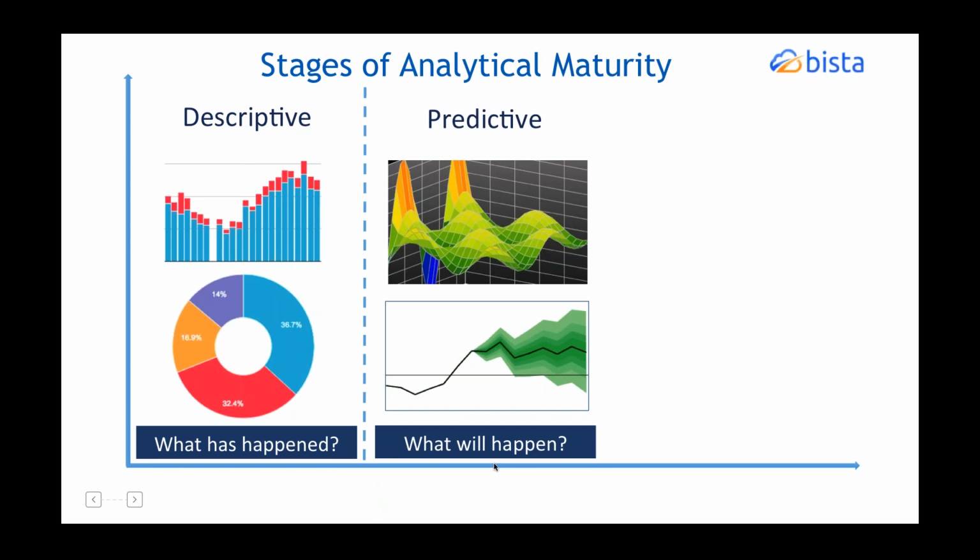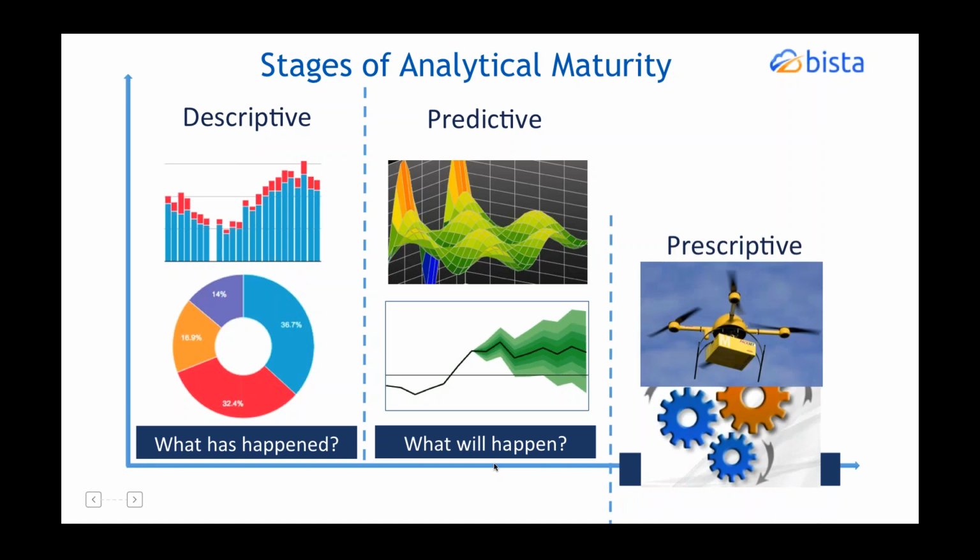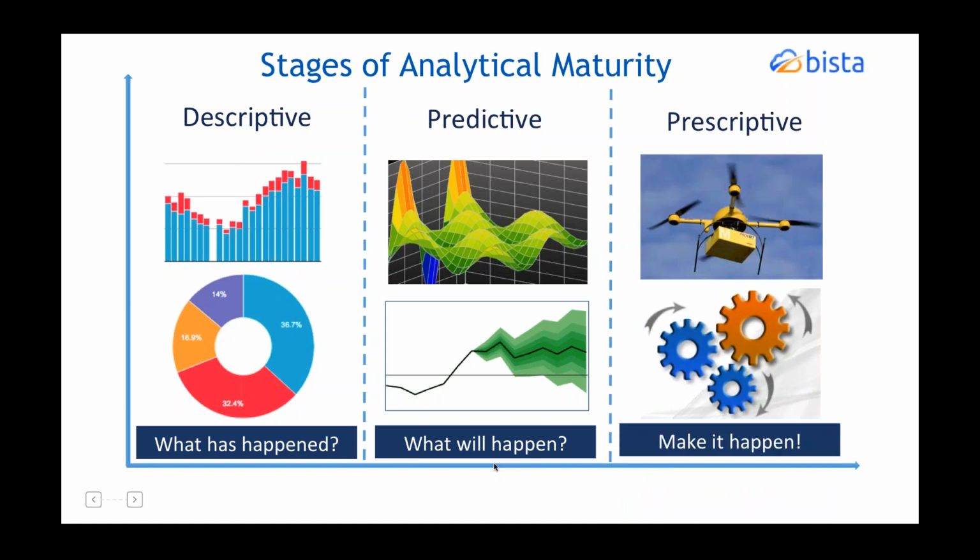Quite a few companies are doing the transition from a descriptive to a predictive analytical maturity model. After this is what we call the prescriptive analytical level of maturity, where you take actions on this decision. So you make it happen. You have these automated in your workflows, where a certain action is triggered based on the forecast of